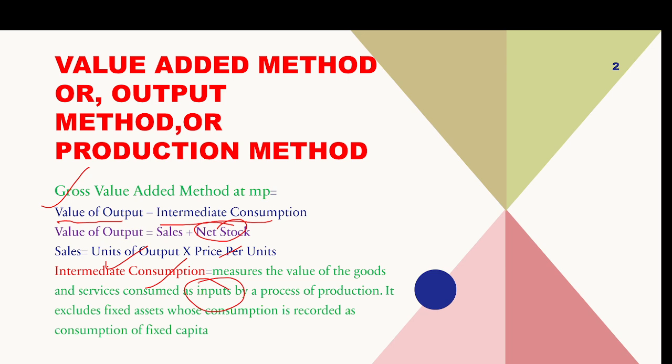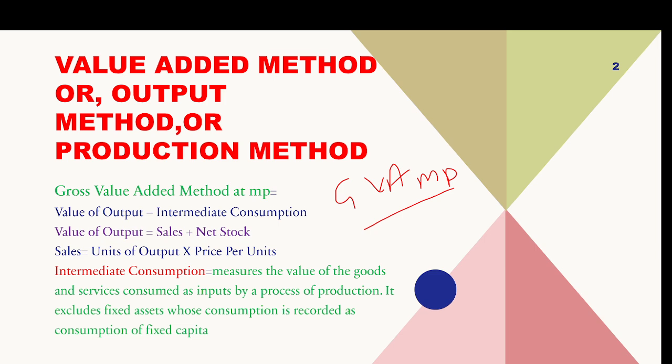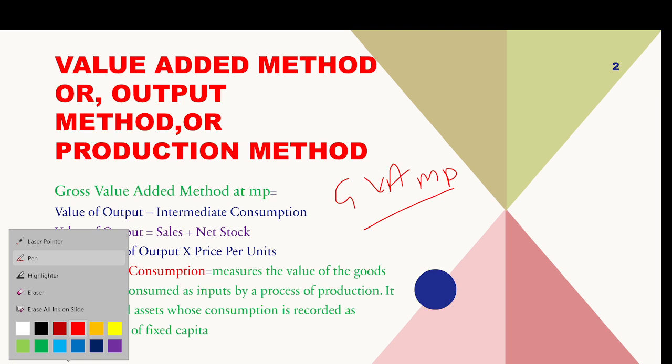So students, this is the formula you are to understand about GVA MP. This is called GVA MP, and this is also called GDP MP. Understood, students? Now, the next point is,